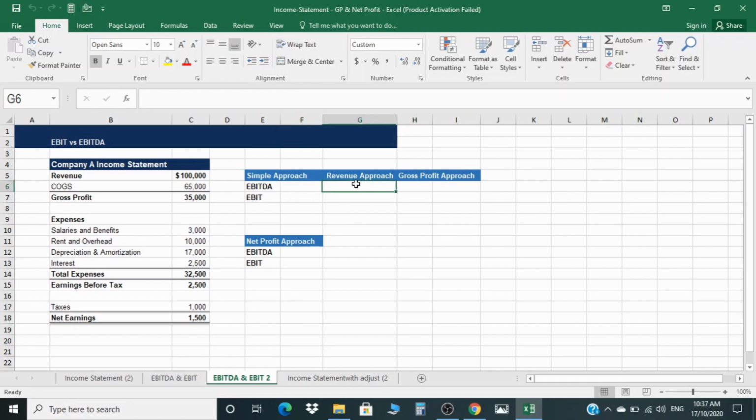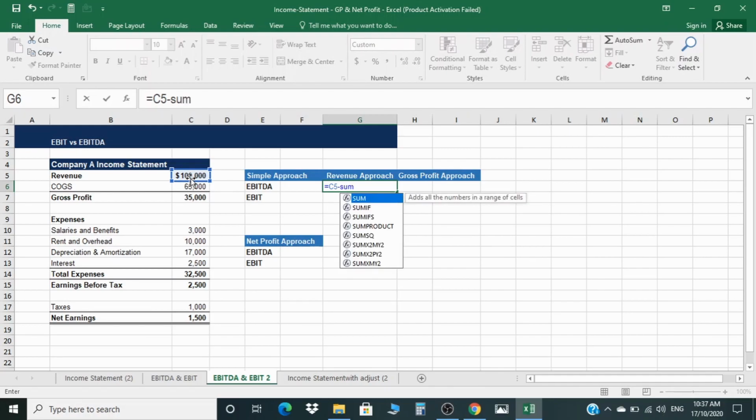I divided it into two parts. One is the revenue approach, another one is the gross profit approach. So we go by the revenue approach. EBITDA is equal to revenue, because it's a revenue approach,